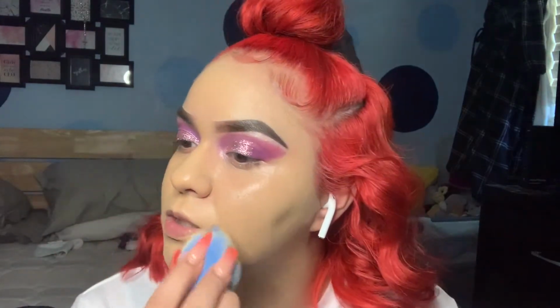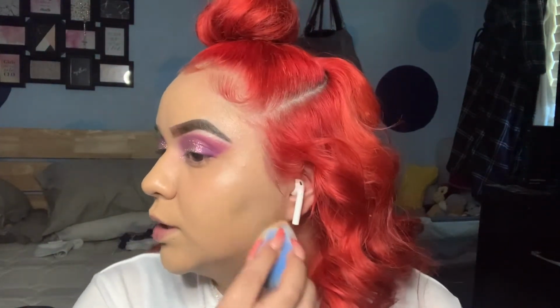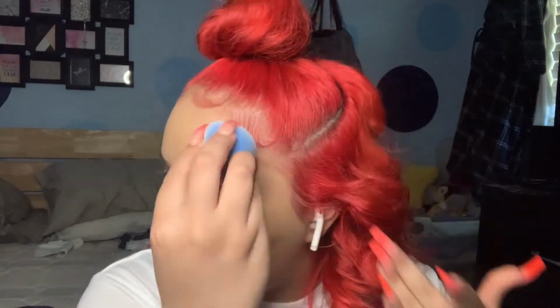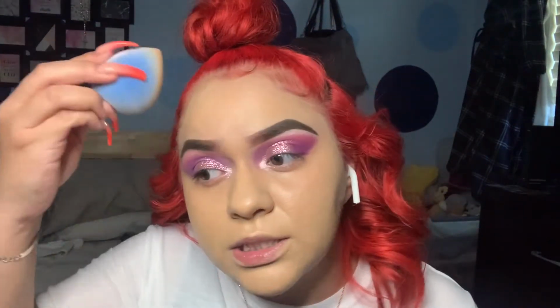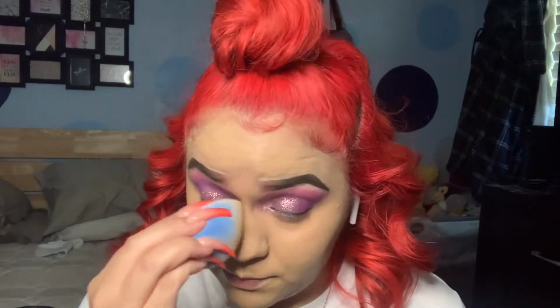Okay, my hand is tired, but look at how my beauty blender looks so far. It does look nasty, but that's because this beauty blender, if you guys did not know, is known for not absorbing all of your foundation. So if you are someone who doesn't like to put on a lot of foundation but low-key have to get the coverage that you still do want, this beauty blender is good for that, they say. And so I am so late. I know this beauty blender has been out for forever,